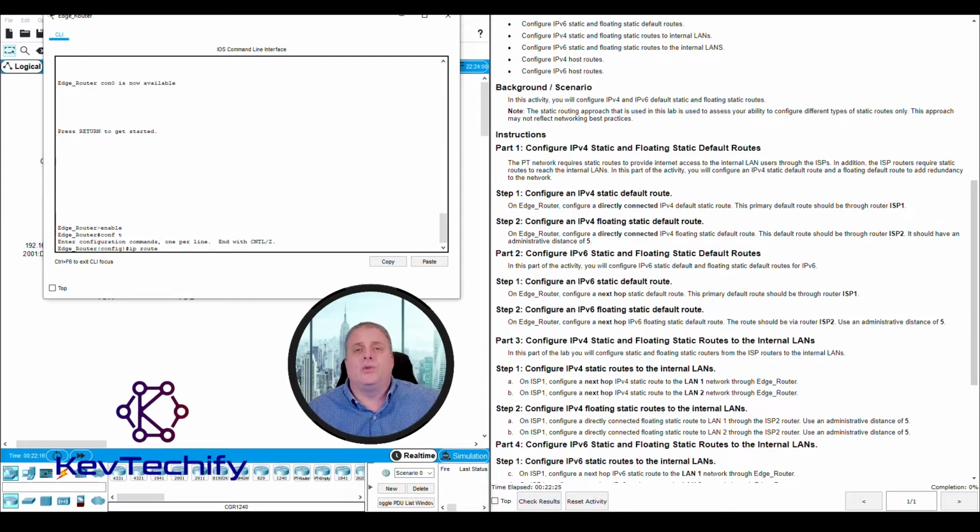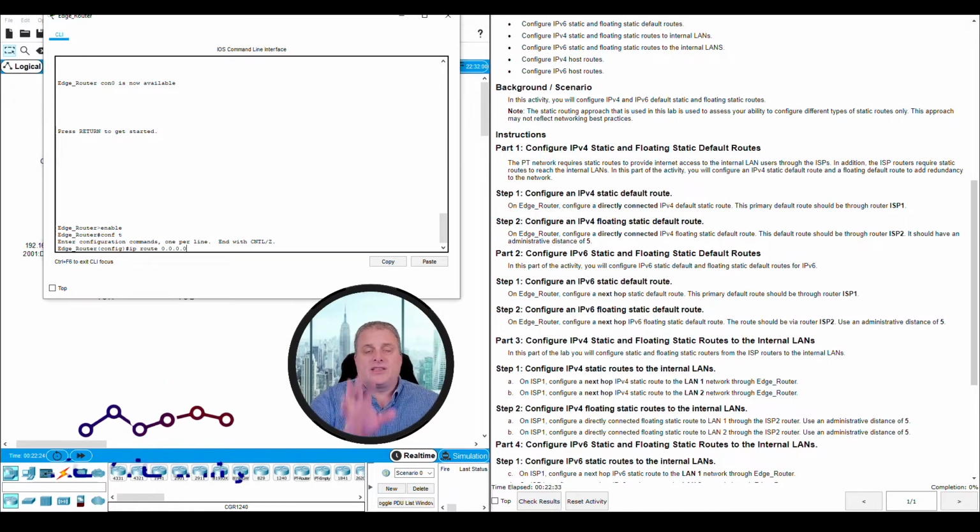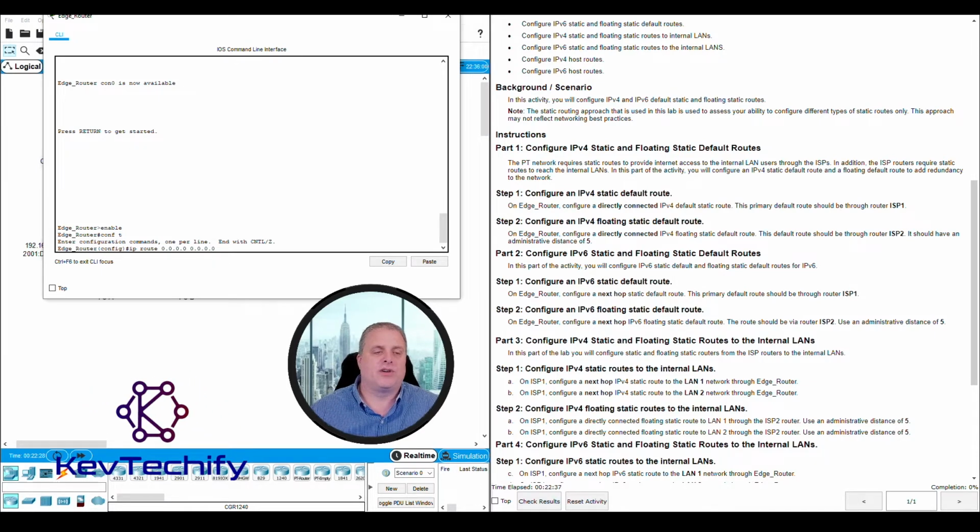Now to do that, we use something special. It's four zeros. A lot of people call this quad zeros. It's just easier to say. And so that's our network address. And then we need to do the quad zeros again for our subnet mask. So you do quad 0 space quad 0, and now we can put our exit interface to make this a directly connected route out of our